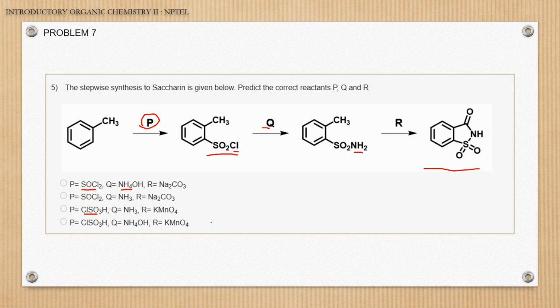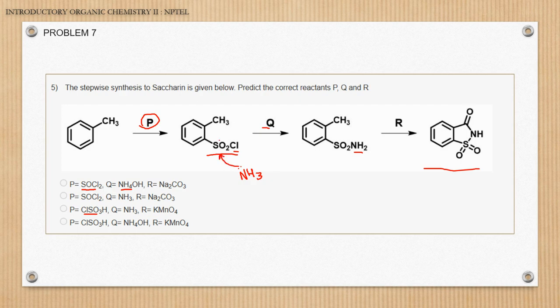Can anyone tell me? Ammonia. Ammonia will do the job. Why? Because in ammonia, basically nitrogen has a lone pair of electrons. Right. So here the lone pair of electrons will attack onto this